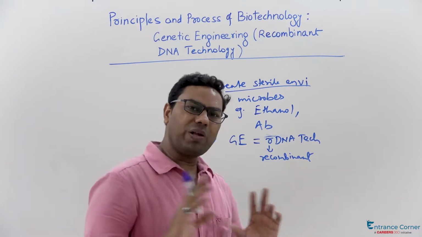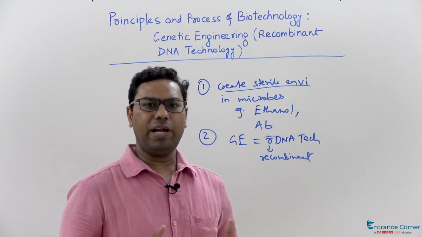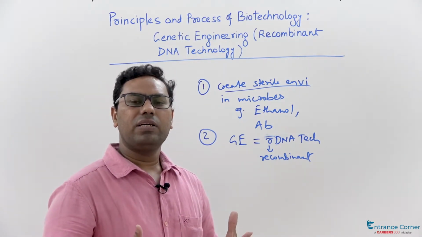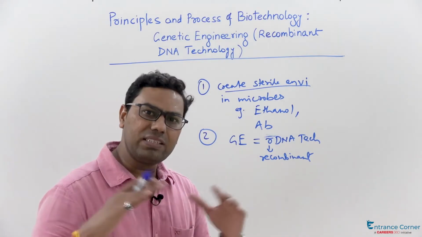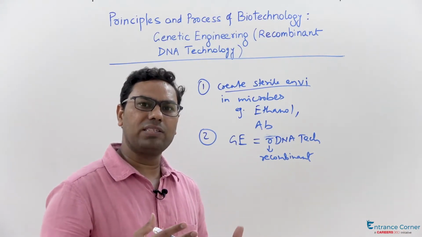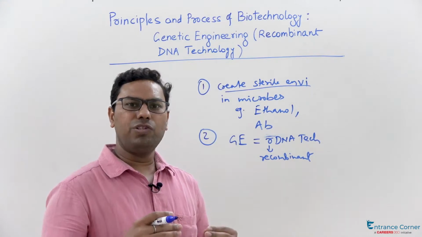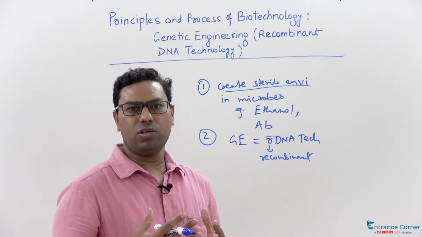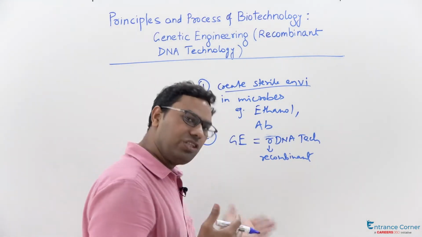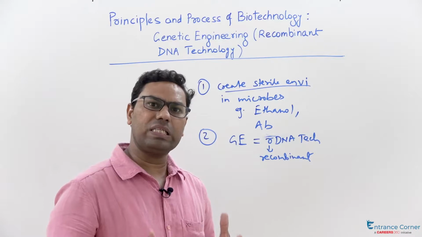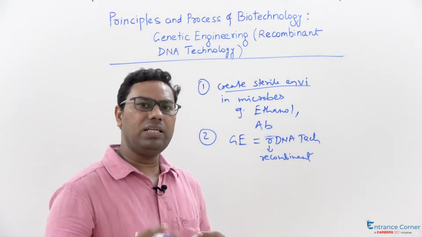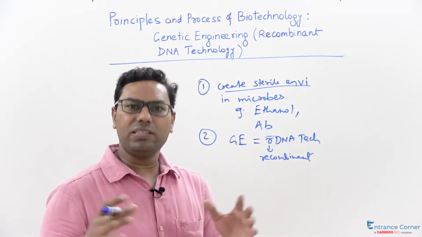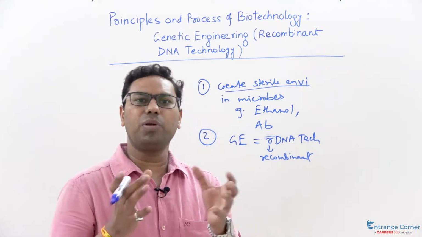So you can see there are two principles or techniques in biotechnology which have been utilized by and large. The first is to create a sterile environment for production on a larger scale, for either a microorganism or a different type of organism which is able to produce the desirable product on the larger scale. And the second is genetic engineering, which is a manipulation of the genetic material of an organism that leads to the production of the genes, on a larger scale, that is having the desirable DNA